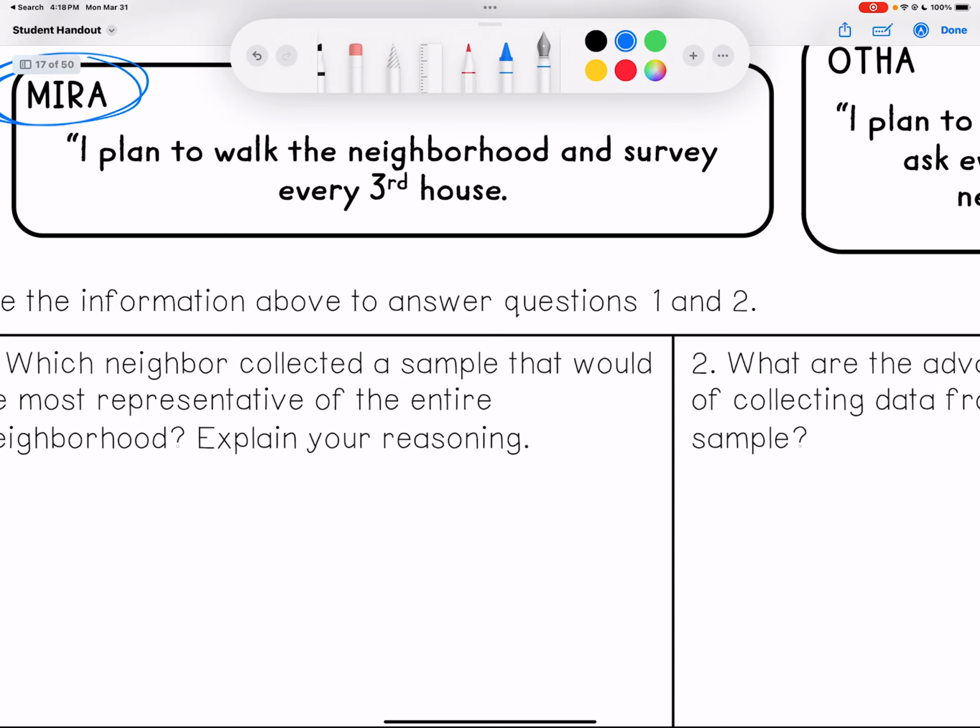So if she was asking, do you like being outside? Then that wouldn't be a good representation, because only the people who like being outside are going to go to the park. Okay? But if Myra goes to every third house, she doesn't know if you like being outside or not. So is that going to be a good representation? Yes. So what we need to write